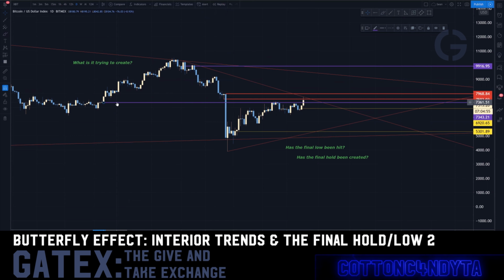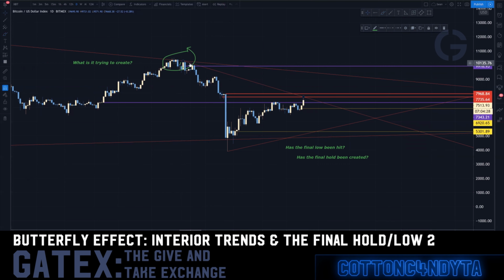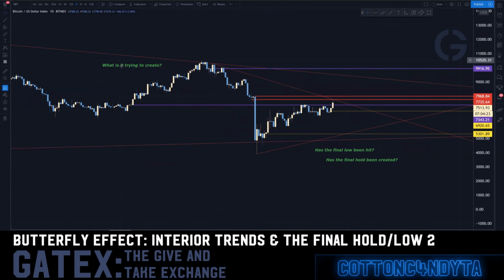It's still distribution, because this is the weekly level. What is trying to be created? A new low in the move, because distribution is happening. And what's happening here? You're hitting the same thing. Instead of hitting the break of the move, you just adapted to whatever point this is, the greedier hold level. As long as you haven't hit this leg of the move here, you're still in that range. Even within that, you have the greedy weekly level up here. There's even a greedier level up here on the weekly. That would be the point where it's still in distribution technically, and still under the confines of its trend up here, right?